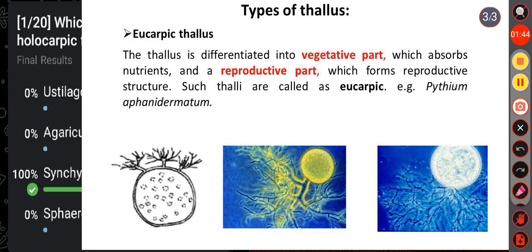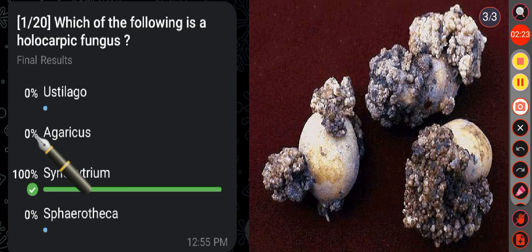Then what is eucarpic? Remember, most of the fungi are eucarpic. Here, only a part of the thallus is involved in the development of reproductive organs and the remaining thallus remains vegetative. Okay, and in eucarpic fungi, vegetative and reproductive phases exist at the same time. So, the eucarpic thallus is differentiated into a vegetative part which absorbs nutrients and a reproductive part which forms reproductive structure. For example, Pythium. Okay. And here we know Synchytrium is a large genus of plant pathogens within the phylum Chytridiomycota